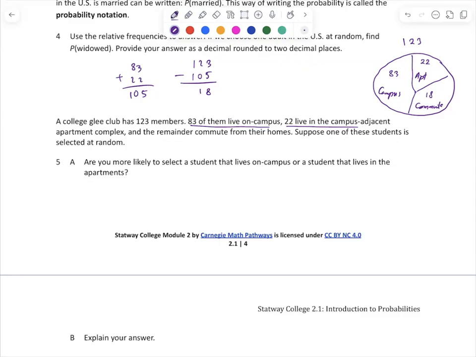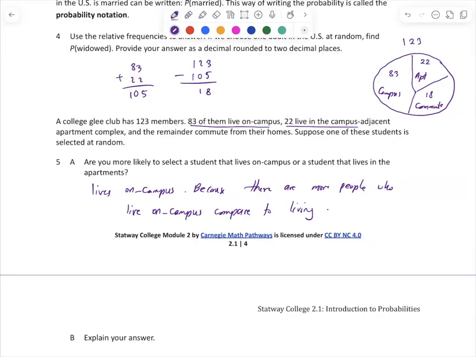So the probability or the chance that you select a person that lives on campus is higher, because there are more people who live on campus compared to living in the apartments or even commuting